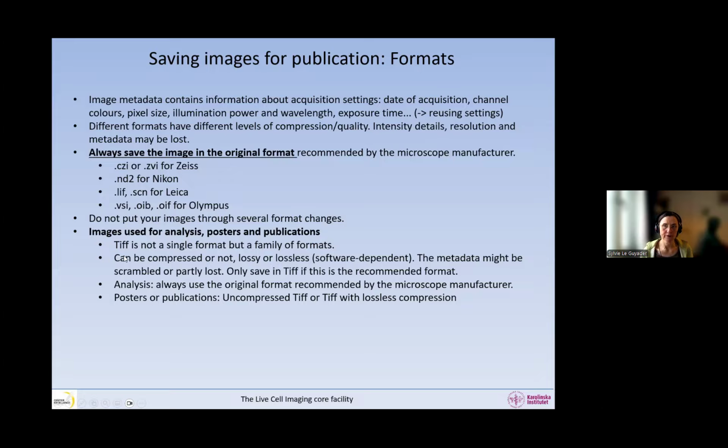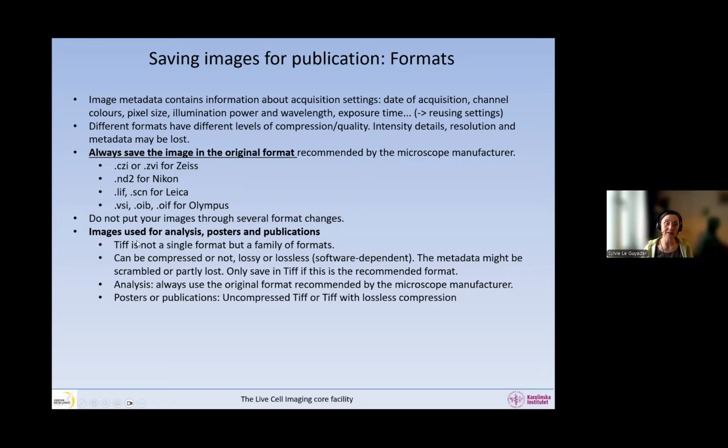Unfortunately, TIFF is not a single format. It's not standardized. It's a family of formats. So depending on the software you are using, if you save as TIFF, you don't actually know what it's going to produce, because it depends on what this company has chosen.